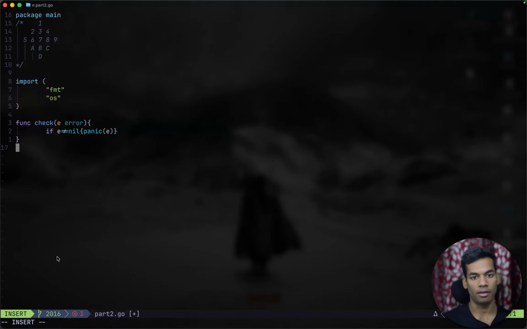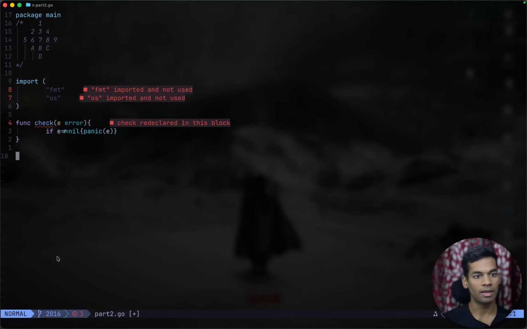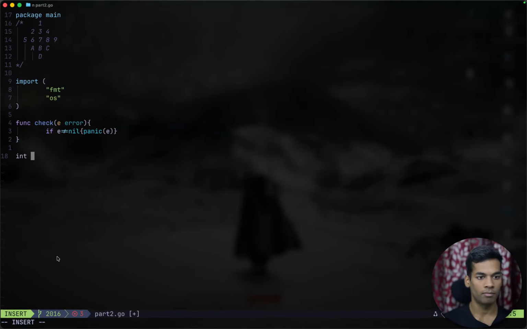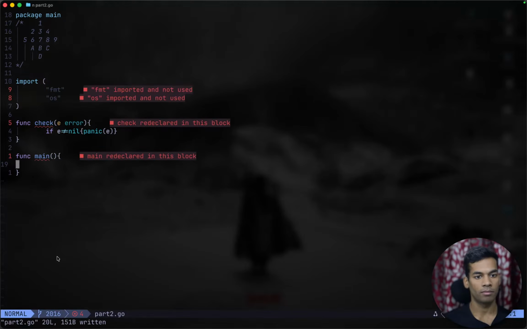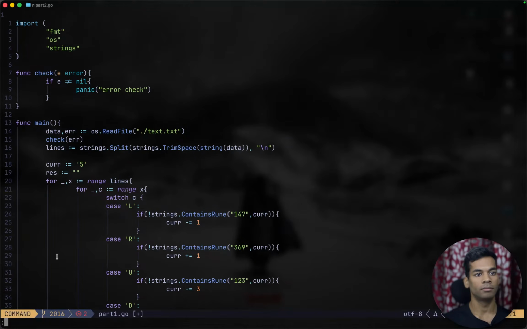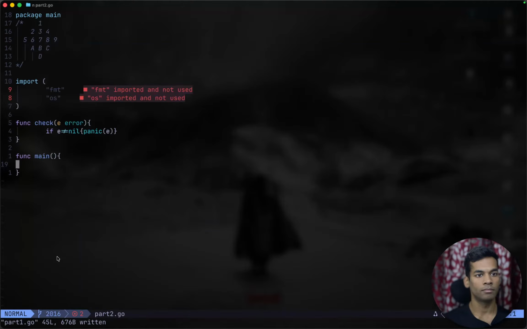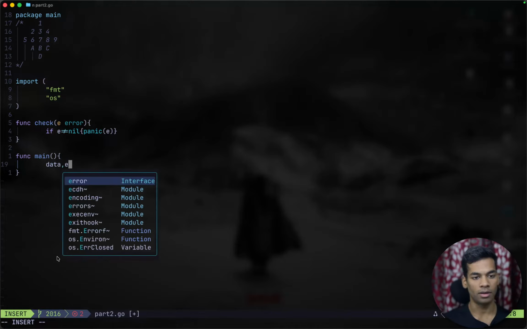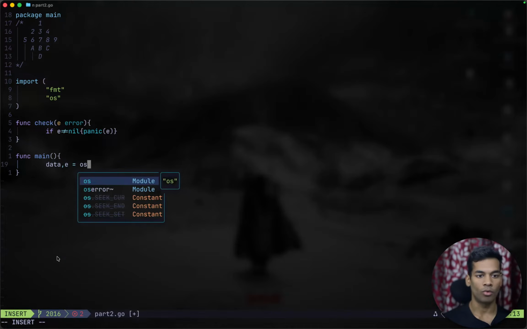It is declared and never used. Redeclared. Makes sense. Shit, that does make sense. That does make sense. Okay, and here we'll have data and error from equals os.ReadFile,